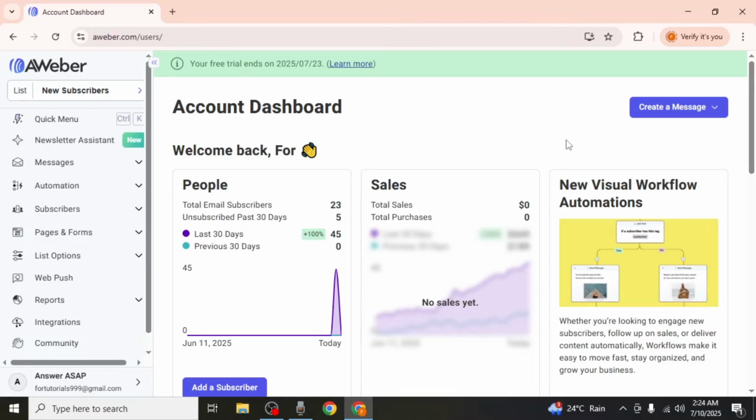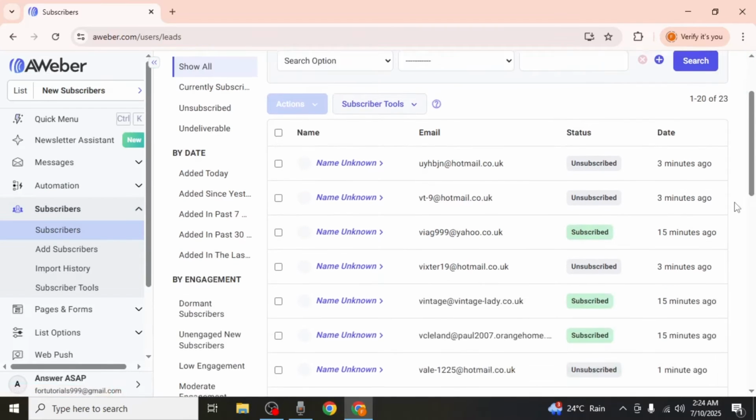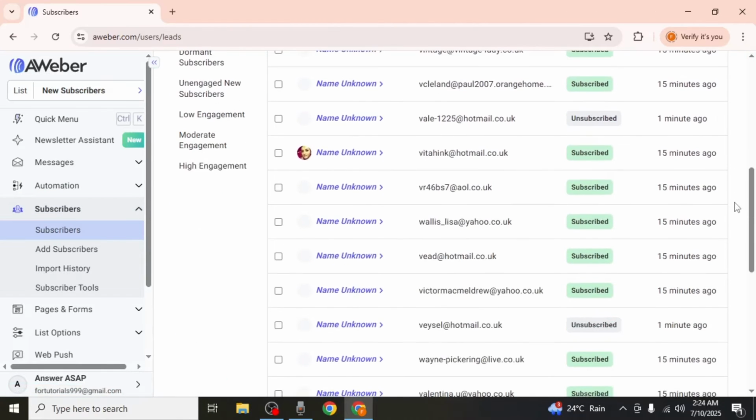To get started, log into your AWeber account and head over to your dashboard. From the menu on the left side of your screen, click on Subscribers. Here, you'll see all the contacts who are subscribed to you, including those who are still active and those who